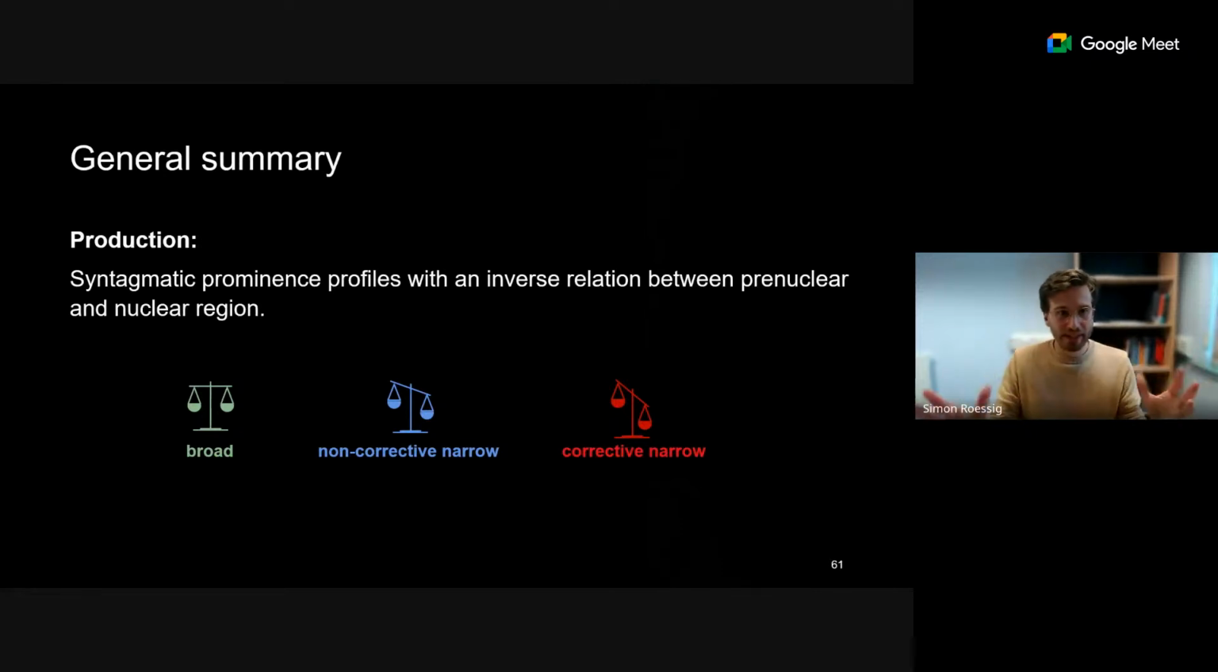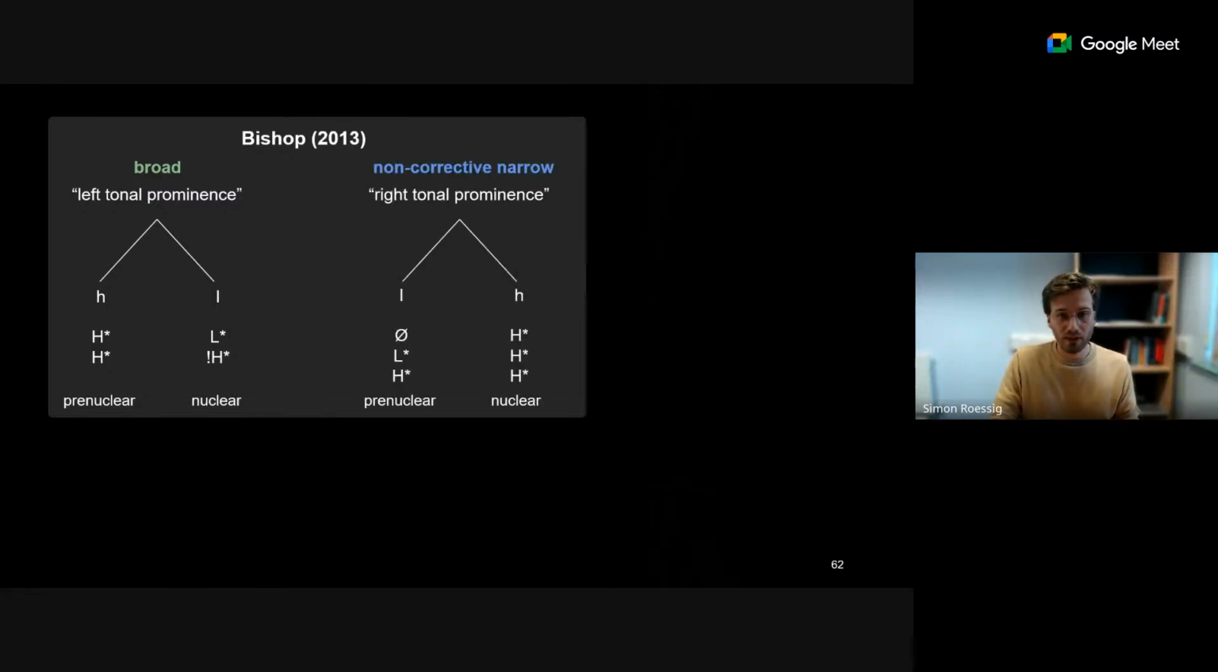Okay, to wrap up this entire talk. So in production, we find prominence profiles with an inverse relation between the prenuclear and the nuclear region. And these findings are, I think, in line with the model of syntagmatic tonal relations proposed by Bishop 2013. In this model, broad focus is characterized by left tonal prominence, whereas narrow focus on the object is characterized by right tonal prominence. And Bishop then outlined some of the tonal realization patterns in terms of pitch accent choices